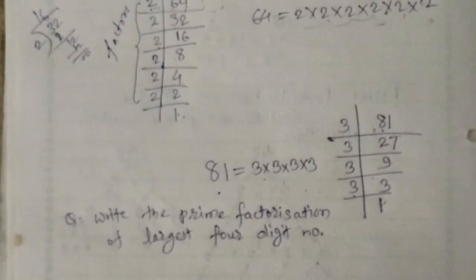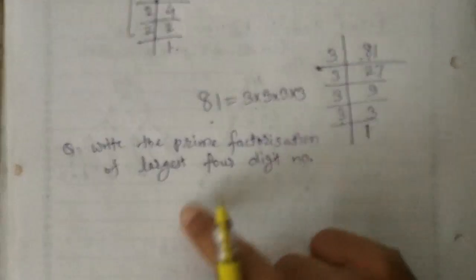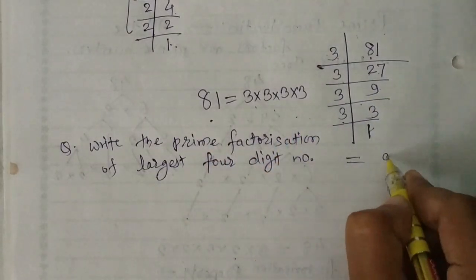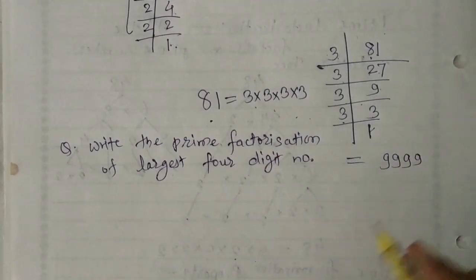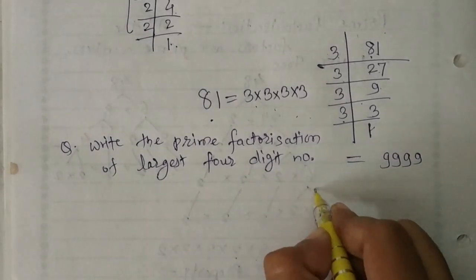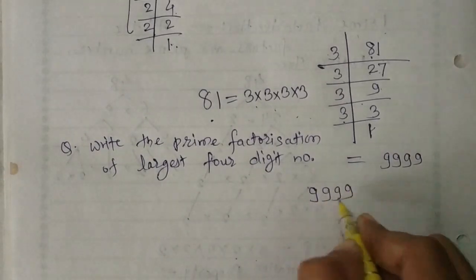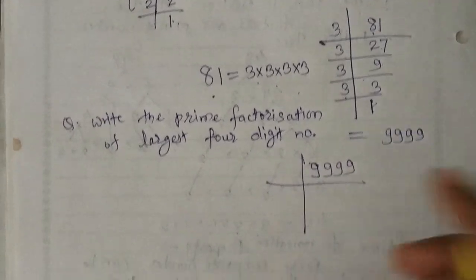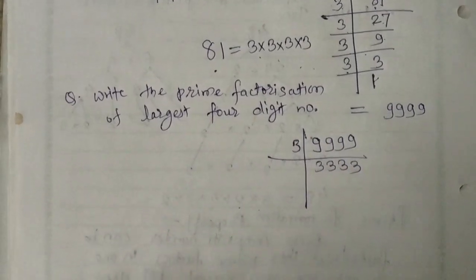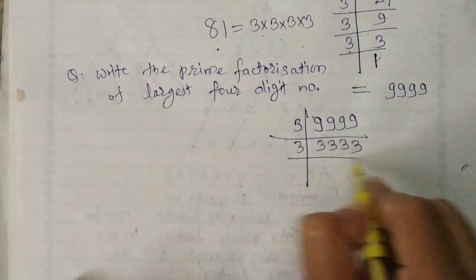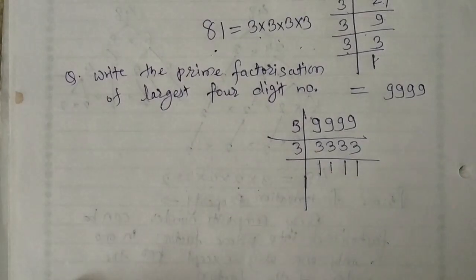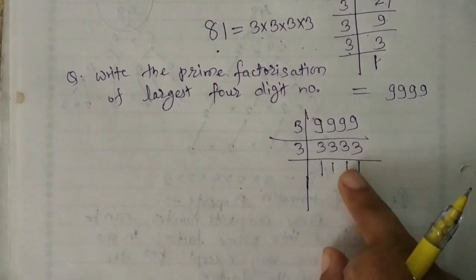So children, now the next question is: write the prime factorization of the largest 4-digit number. We know that the largest 4-digit number is 9999. So we will write down its prime factorization by using division. So we'll choose 3 to divide. So 3 3s are 9, again 3 3s are 9, children. Again we'll take 3 1s are 3. Okay children, now here we got